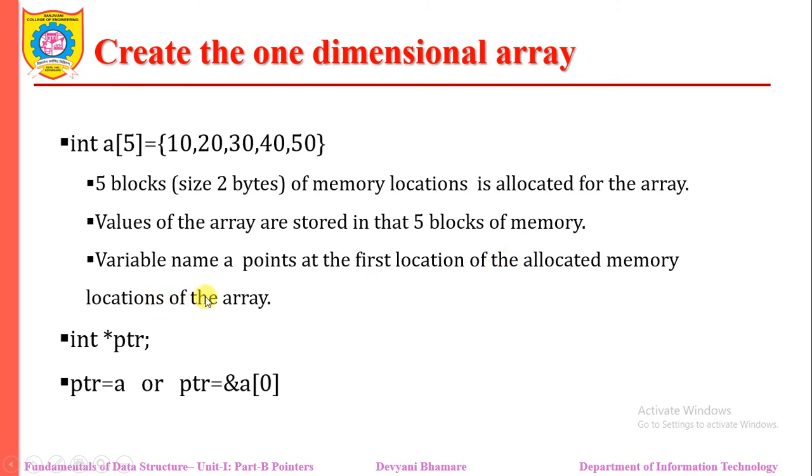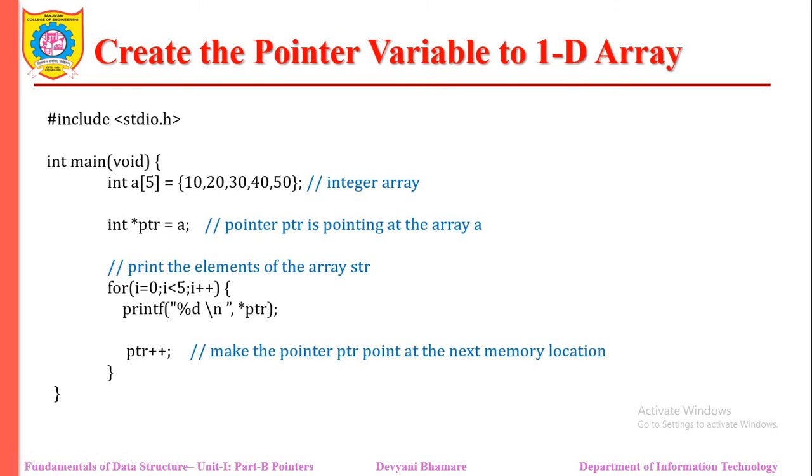of your array. Here int *p means what? A pointer PTR is created and we are initializing that pointer to point to array A, not a variable. Why have we used A? Yes, we have seen that the base address itself is the array name. Or you can have PTR equal to the address of the first element, that means PTR is equal to address of A of 0.